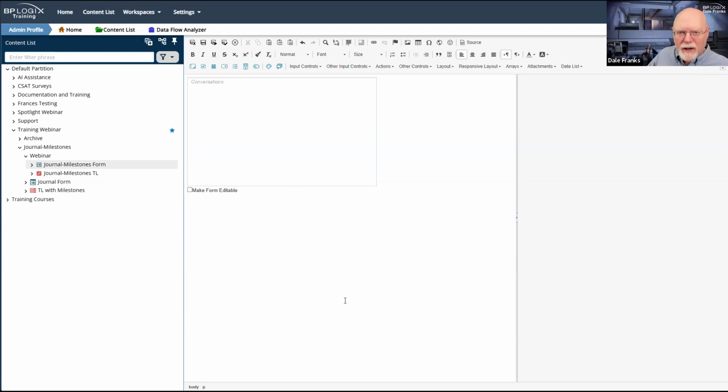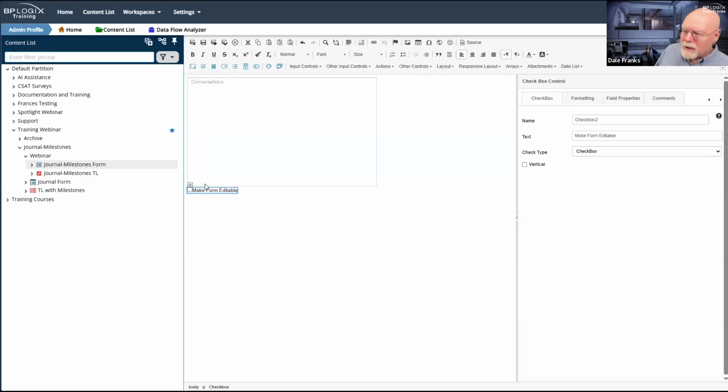It also prevents people from inadvertently changing values on the form because you're only giving them access to fields that they should be editing at their particular step or participation stage in the process. But there are times when it would be useful to make the form editable so that you could change it. So I've got a checkbox here that will do that, or eventually it will do that.